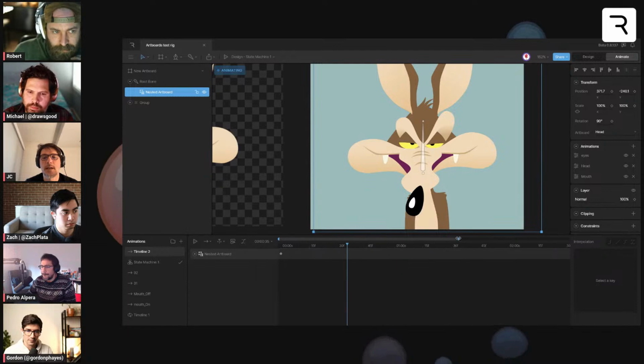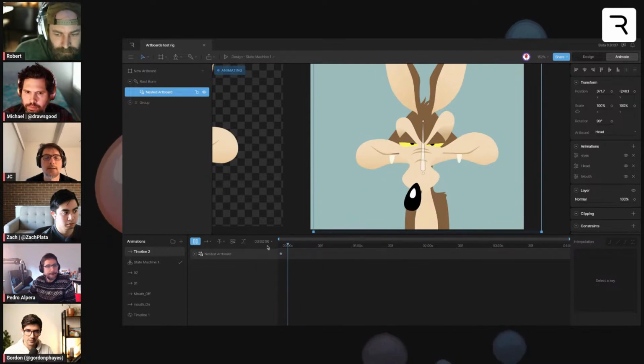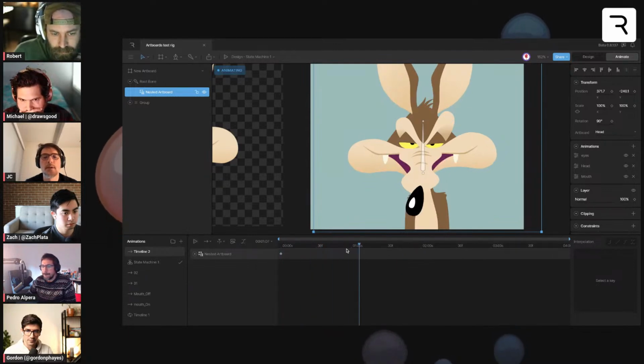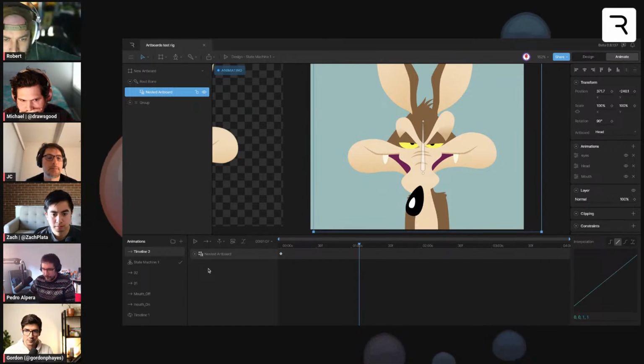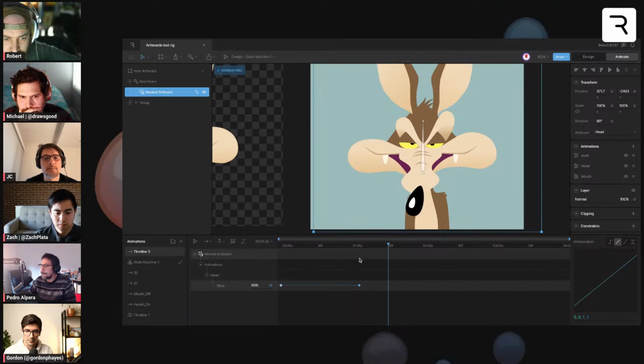So here 50, and maybe add more time here. I want the character to start in this position, and here change the head. So I want to add a key in this position, and at the moment I want to change this to 0.